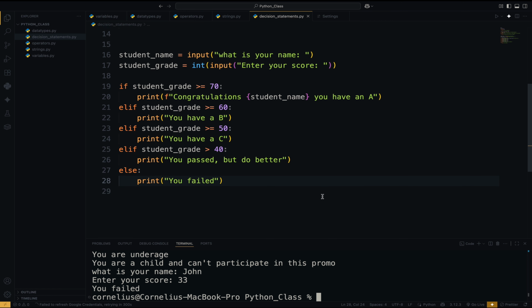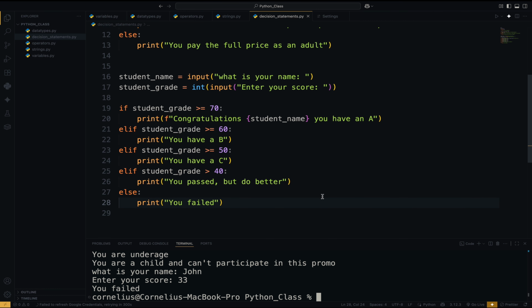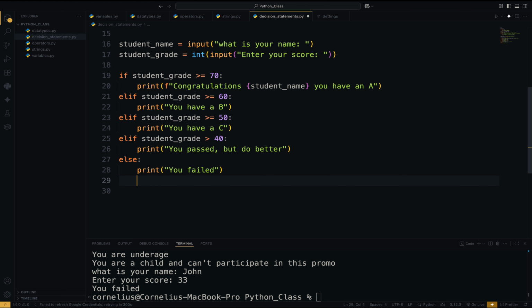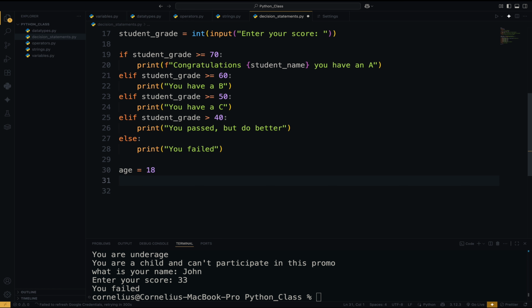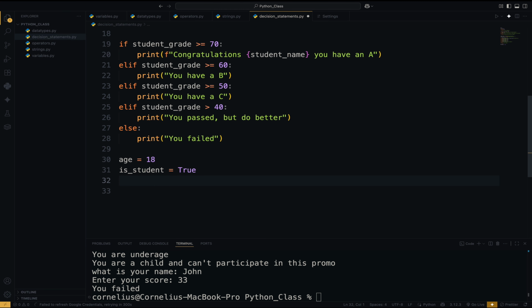So we can also check if we can do a one-liner for things we just do on a single line. So let's say you have an age and a student. So let's say age is equal to 18, and student is equal to true. All right, so we can write on a single line and we say print